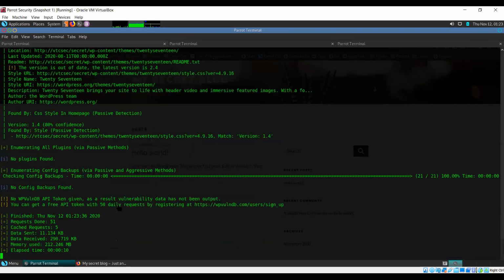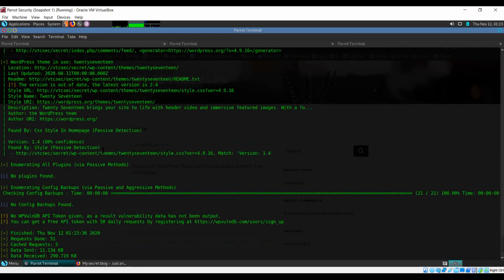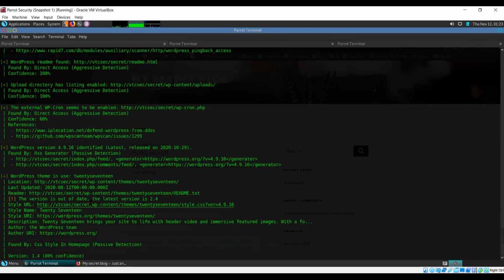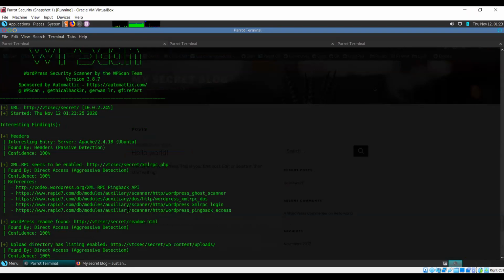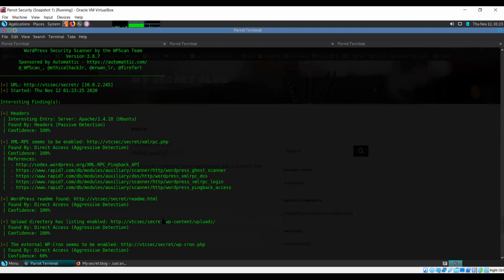So it gives us some information like headers, XML RPC, WordPress README. I'm not sure whether that is going to be helpful to us. Upload directory has listing enabled, so you can view the upload directory. Okay, that's good.